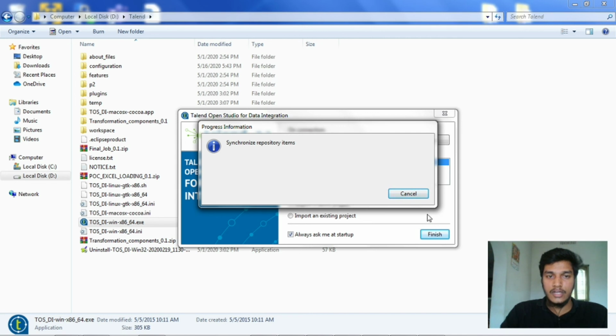Once it is done, it automatically opens a page for us. Yeah, it is launching the virtual machine now.